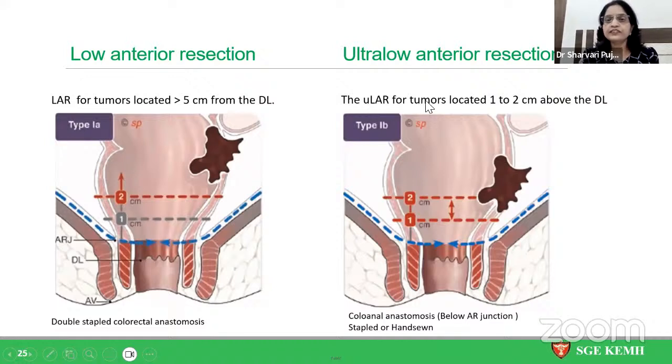If the tumor is further below, that is within 1 to 2 centimeters of the dentate line, then the appropriate margin will be reached only if the anastomosis is done at the level of the anorectal ring, where the anastomosis will be a colo-anal anastomosis. Colon to anal canal anastomosis will be there, which may require a hand-sewn anastomosis, and then it is called